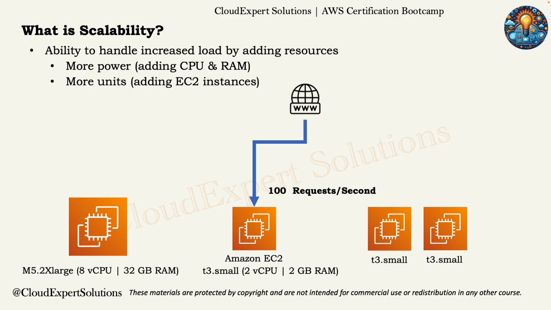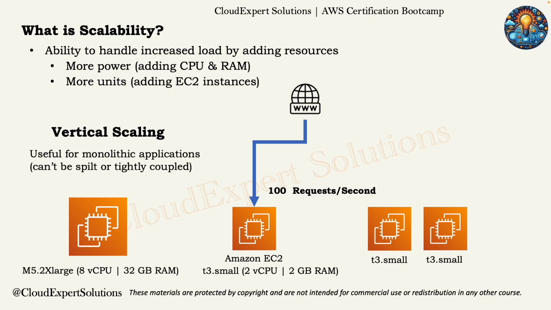When you are adding more instances, you are not increasing the instance size, the RAM or CPU. Rather, you are adding the same node, the same EC2 instance, more than once to handle that load. The strategy on the left-hand side is called vertical scaling, where you are adding more power. Vertical scaling is useful for applications that cannot be split into smaller pieces, or if it's a monolithic application, or the application components are tightly coupled. However, the right-hand side approach is called horizontal scaling, and horizontal scaling is ideal for applications which are stateless